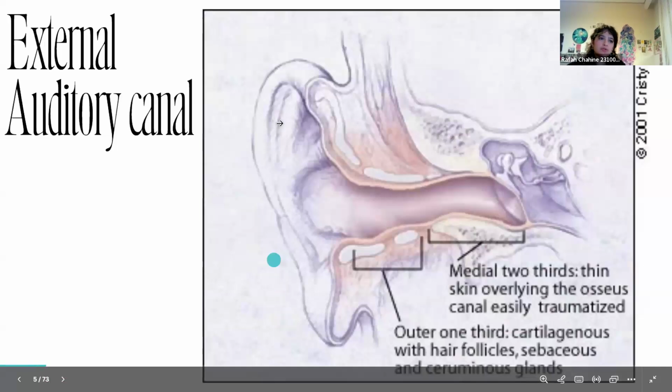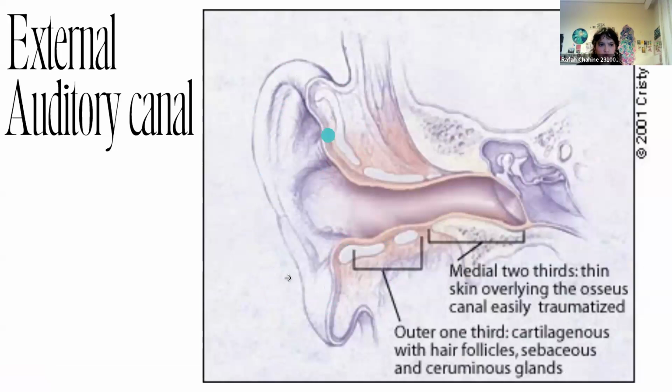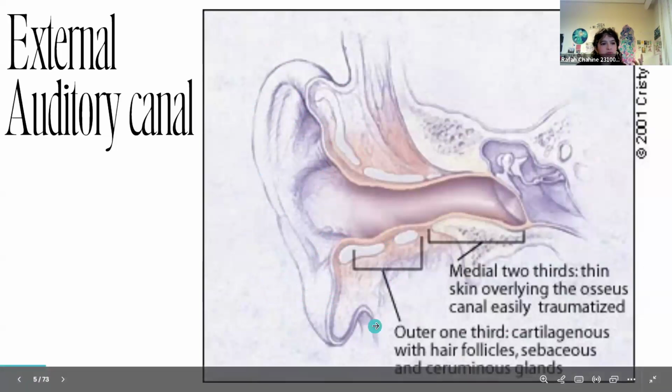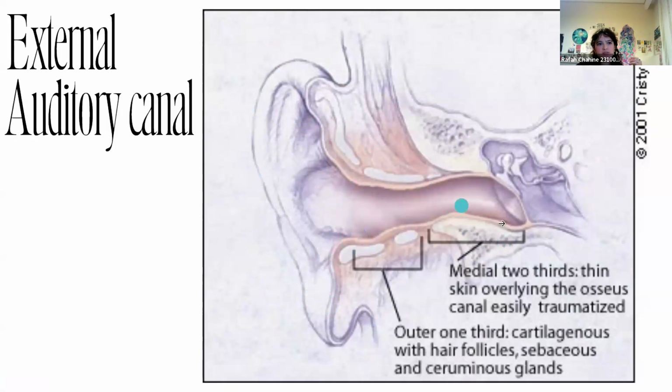Anyways, moving on. This is what the external auditory canal looks like. So we know what this section is. This is the auricle and the pinna. We know all the structures and what they're called. We know that it funnels in sound and it amplifies and boosts the sound by 15 to 16 decibels. Now, for the external auditory canal, which is this S-shaped tube, what you need to know is